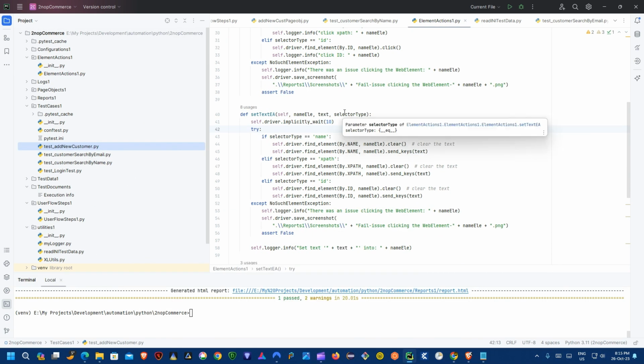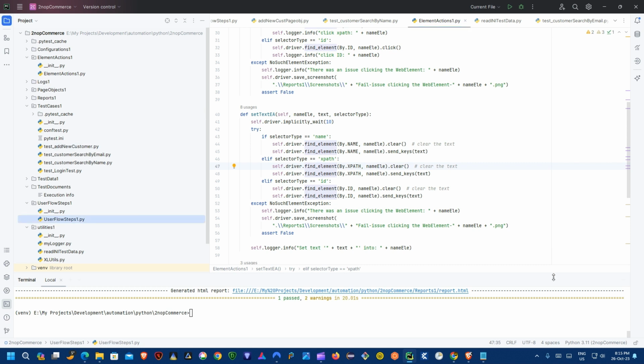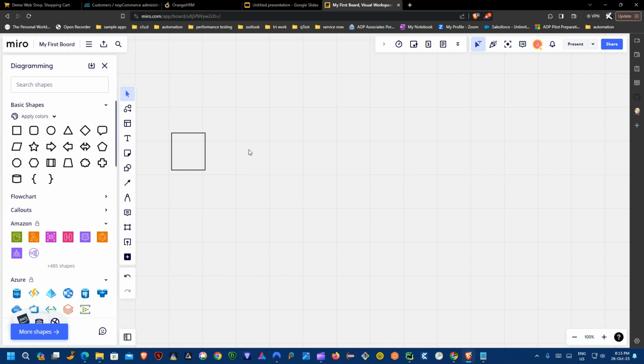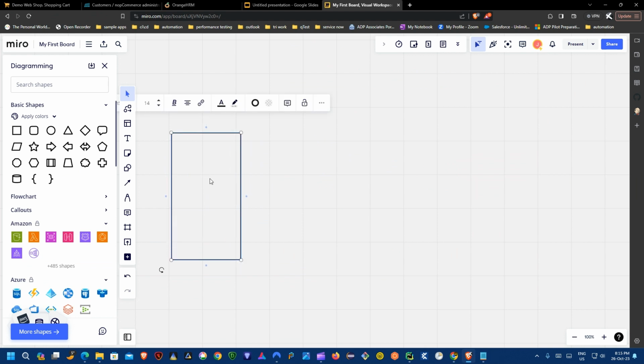So I just wanted to interject here and talk a little bit about the reusability of the framework. I was talking about the ElementActions here and how I created them to be reusable in the framework as well as the UserFlow steps. So what I'm getting at is, when you start building out the test cases or the framework in general,